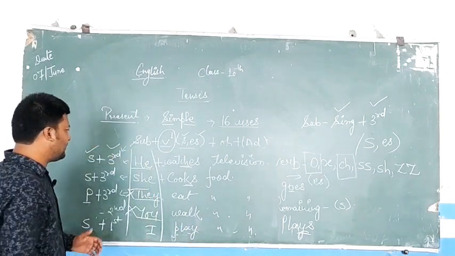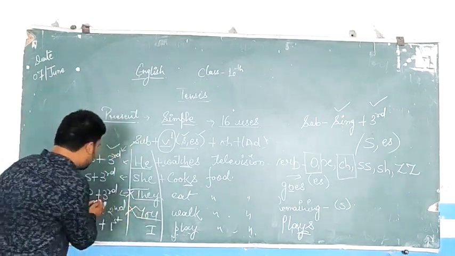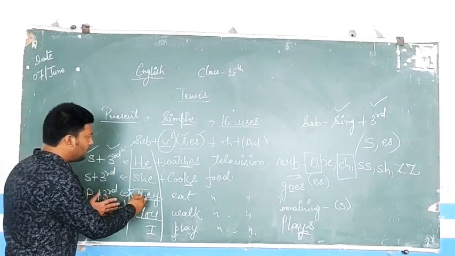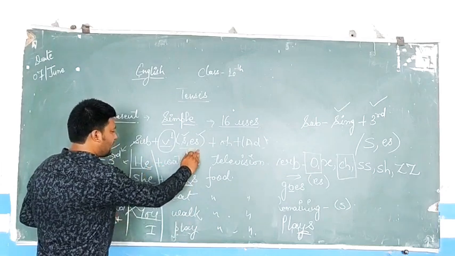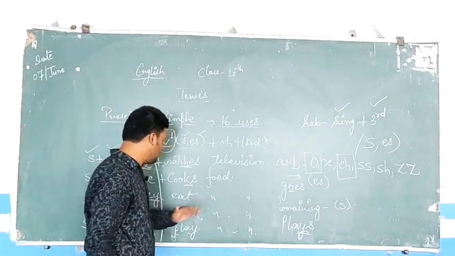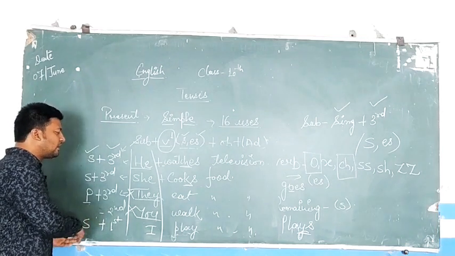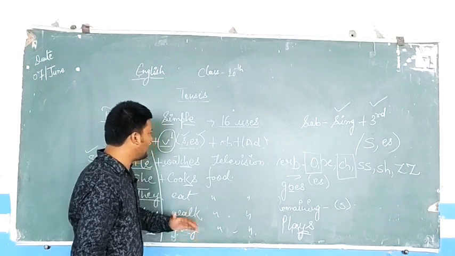So what I find here, as a student, what I will do, I check my subject. Let's start with this sentence. They. They is plural and third person. Not applicable, no S or ES, simply they eat food. Next, you, second person, plural or singular, it can be anyone. No, I will not choose anything.